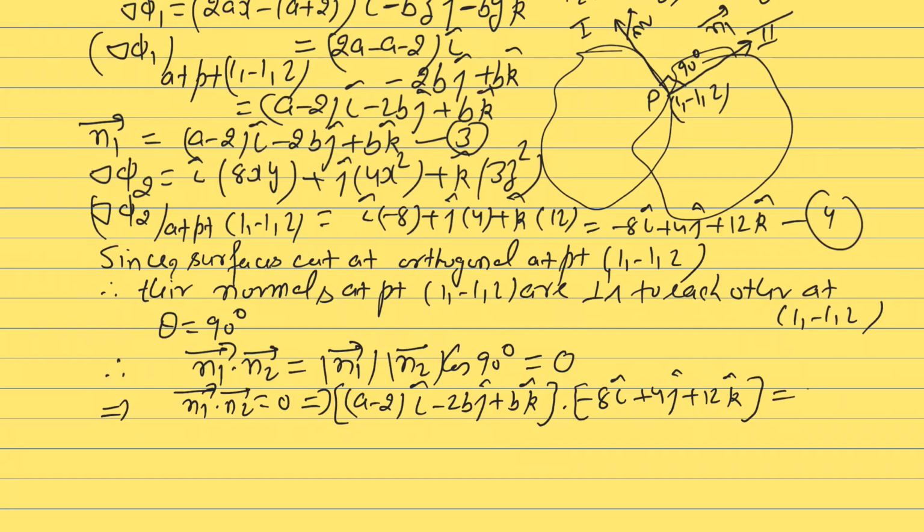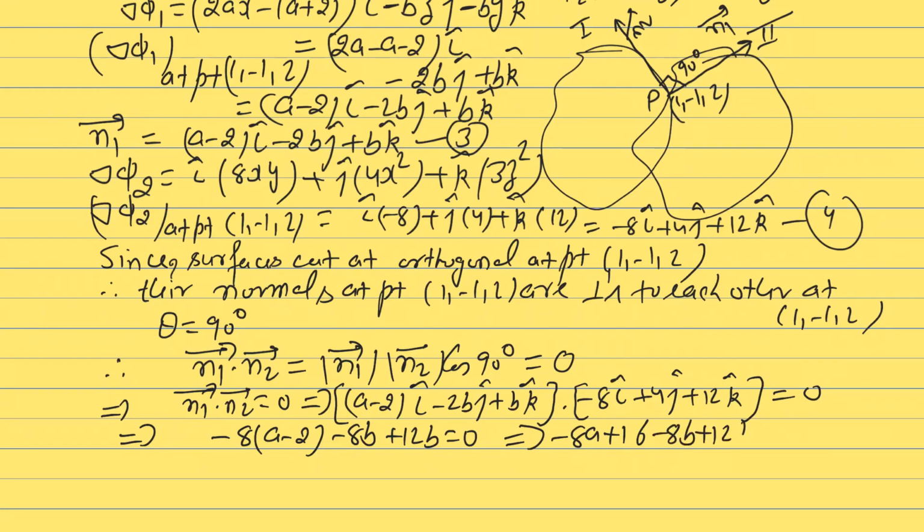So, and this must be 0. This implies that, now take the dot product: minus 8a minus 2 minus 8b plus 12b equal to 0. This implies that minus 8a plus 16 minus 8b plus 12b equal to 0. This implies that minus 8a plus 4b plus